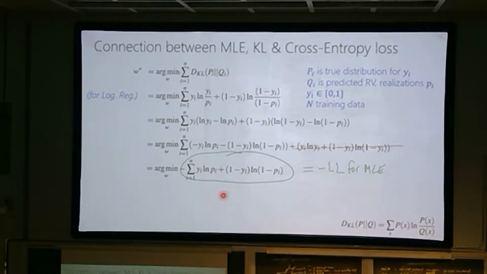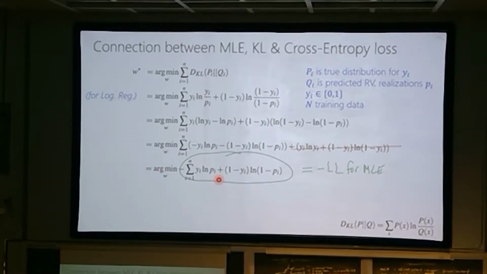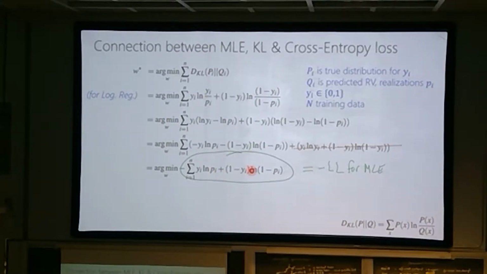And actually now what we're left with is that this maximization problem is the negative log likelihood for the binomial likelihood that we had last class for logistic regression. So now you can see that there's an equivalence. If I minimize the KL divergence between my true distribution and the parameterized distribution, then I get the same result as if I were to do just maximum likelihood, right? Here it's minimization of the negative likelihood, which is of course the same as maximum likelihood.